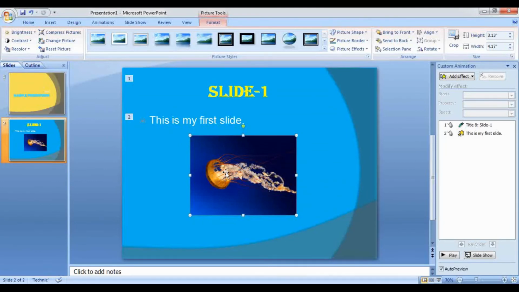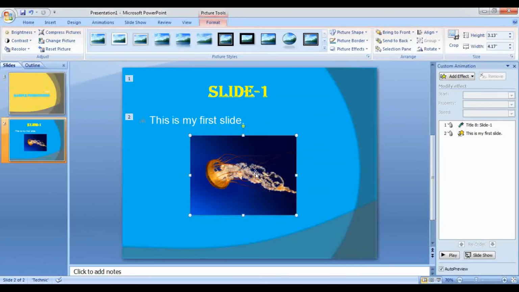After increasing and decreasing the size of the picture, you can also make changes. You can make the picture more attractive. We'll be discussing that later on in the further chapters. For now, we have to focus on applying the animation effects onto your picture. So now let me apply one animation effect on this picture and see how it works.